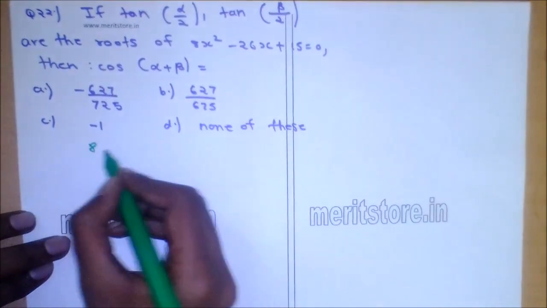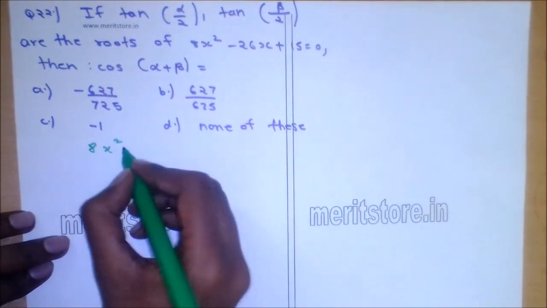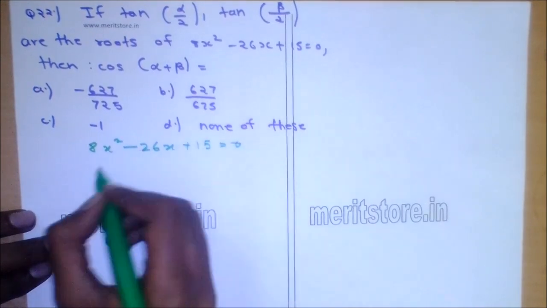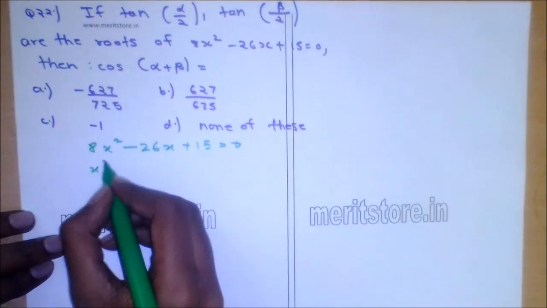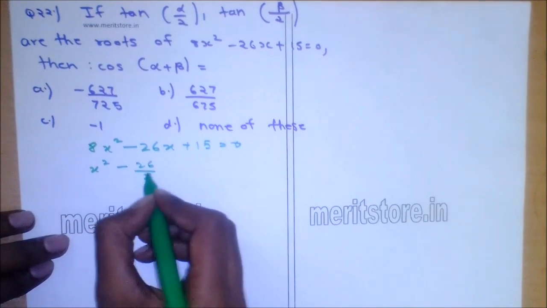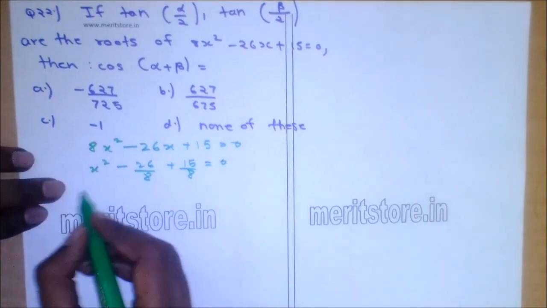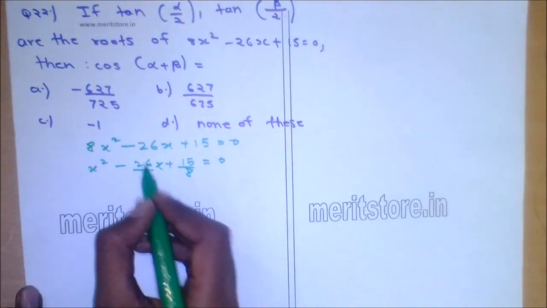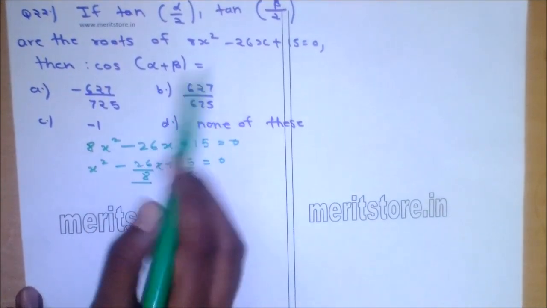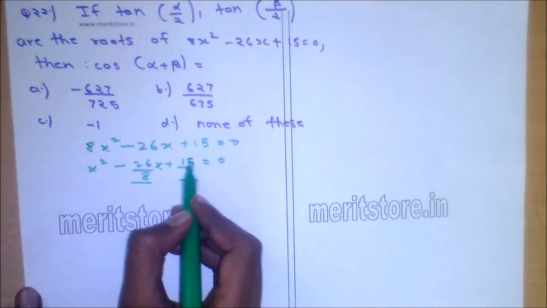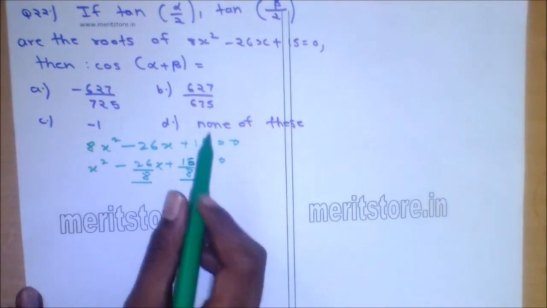So first we will simplify the quadratic equation. So 8x square minus 26x plus 15 equals 0. Dividing throughout by 8, we get x square minus 26 by 8 x plus 15 by 8 equals 0. So now the coefficient of x is the sum of the roots, and the term 15 by 8 is the